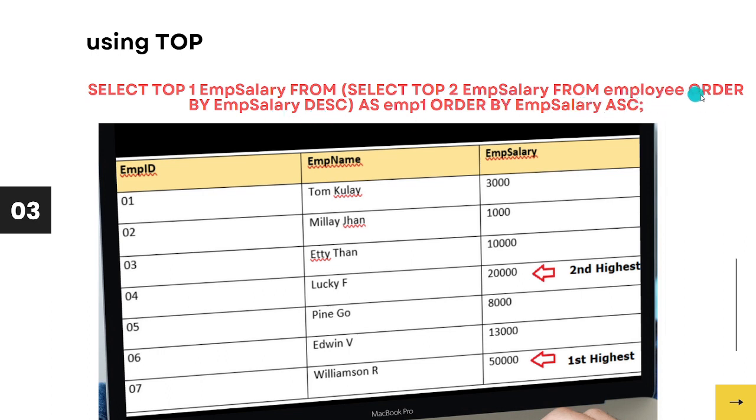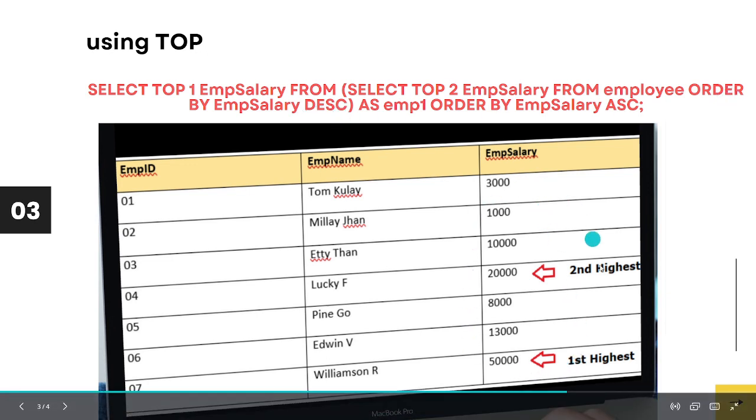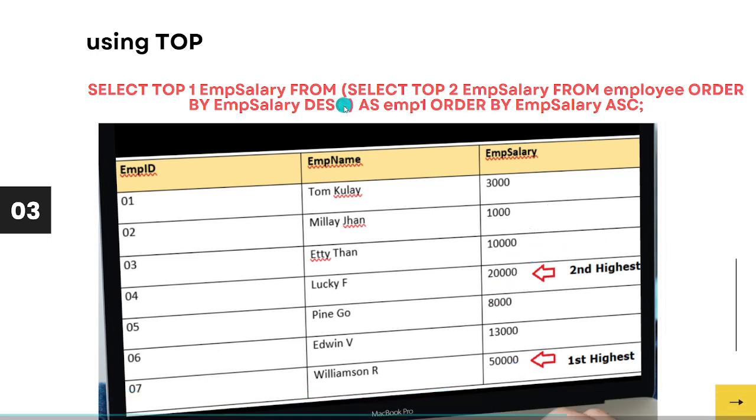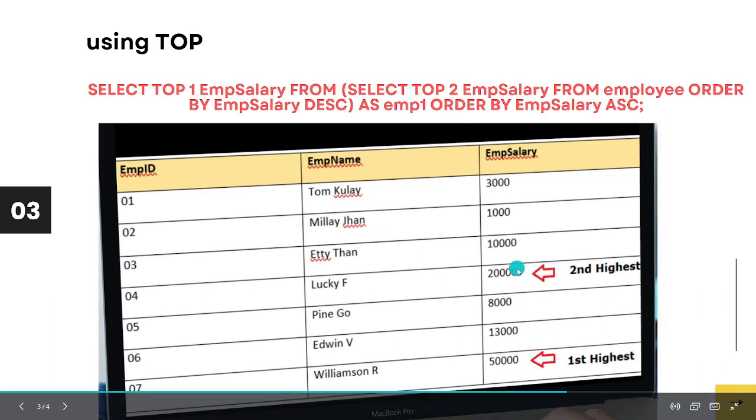That means the salary will be sorted in the descending manner, bigger to smaller. So 50,000 will come first and then 20,000 and so on. We are taking the top 2, which means 50,000 and 20,000. That means this inner query will return 50,000 and 20,000.